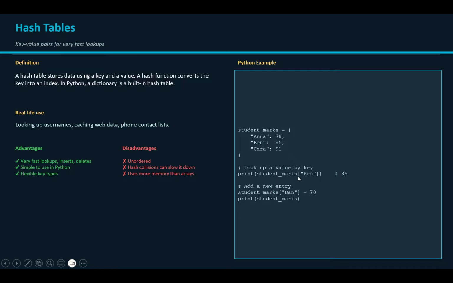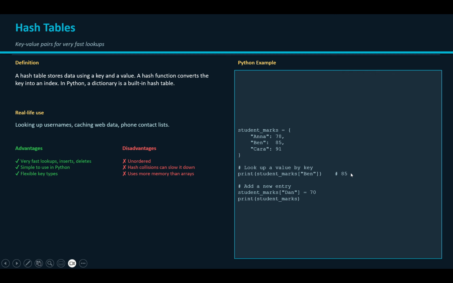So, for example, here we are accessing the number 85 by just writing Ben. If we want to access the number 78, we can easily just write Anna instead of Ben,